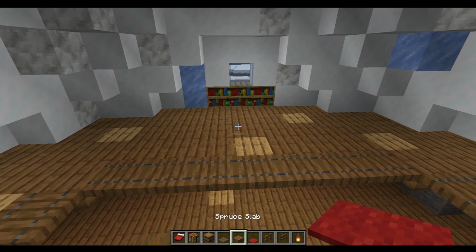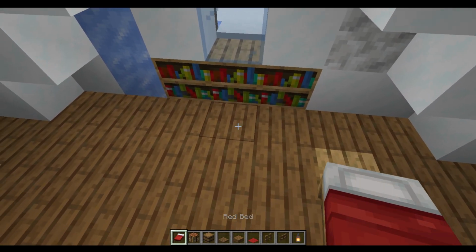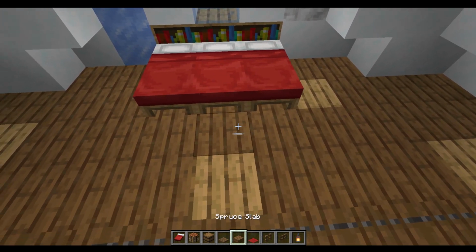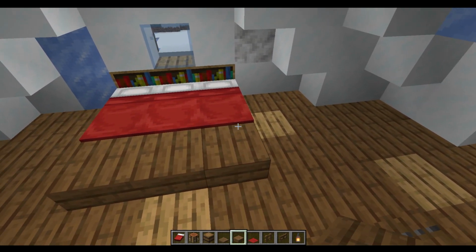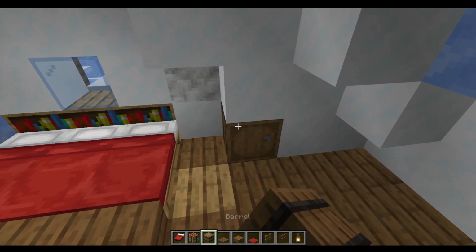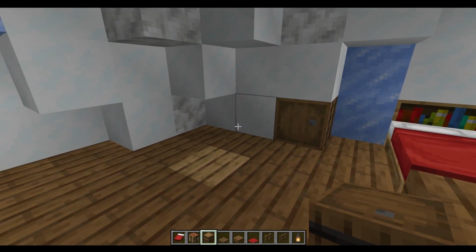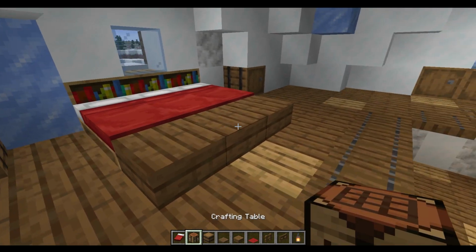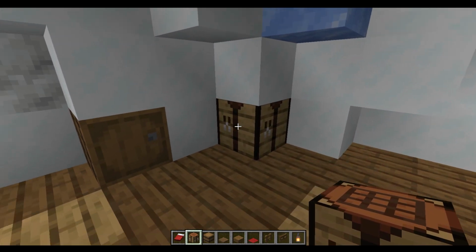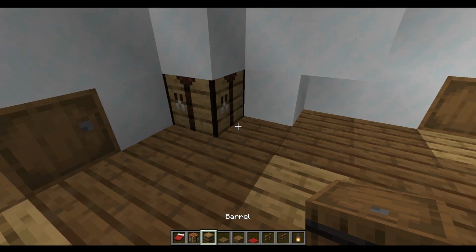Now to add the decoration upstairs, we're going to put, first of all, a nice big bed. So we're going to have 3 beds in the middle. At the ends of the beds, we're going to have 3 spruce slabs. Now either side of the bed, we're going to have a chest, well, basically a barrel here. Then on either side of that, underneath this block, we are going to have ourselves a crafting table,